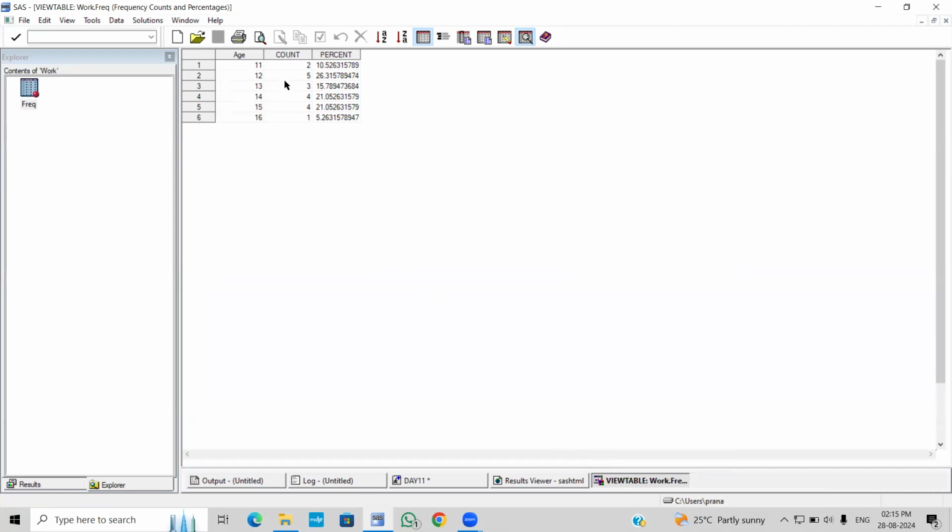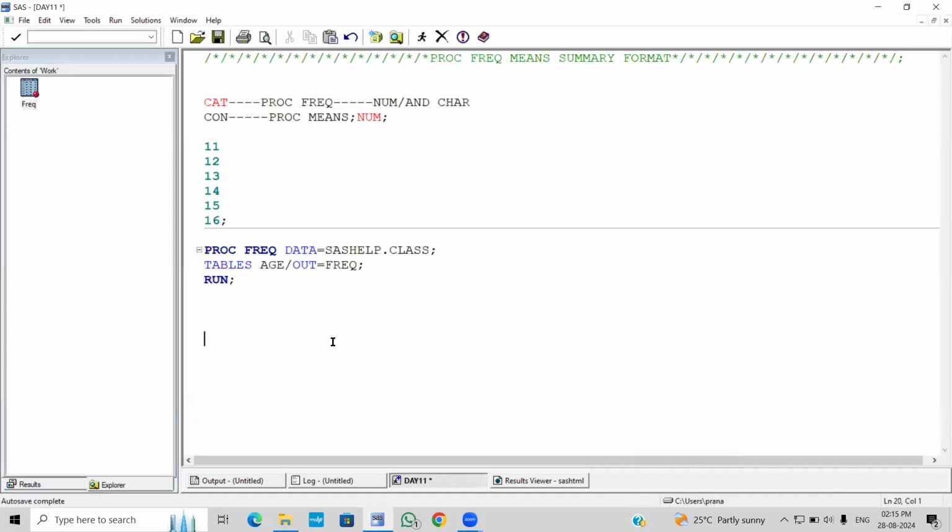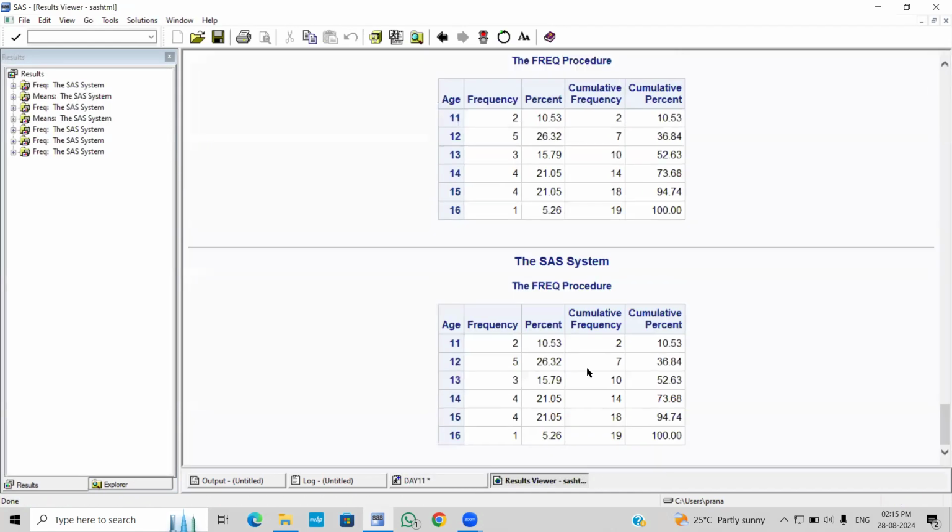Okay, this is the count, the number of students with age 11. 2 is the percentage. Number of students with age 12, they are 5. Age 13, they are 3. Okay, so now I will remove this. We'll keep it later. So here we have the